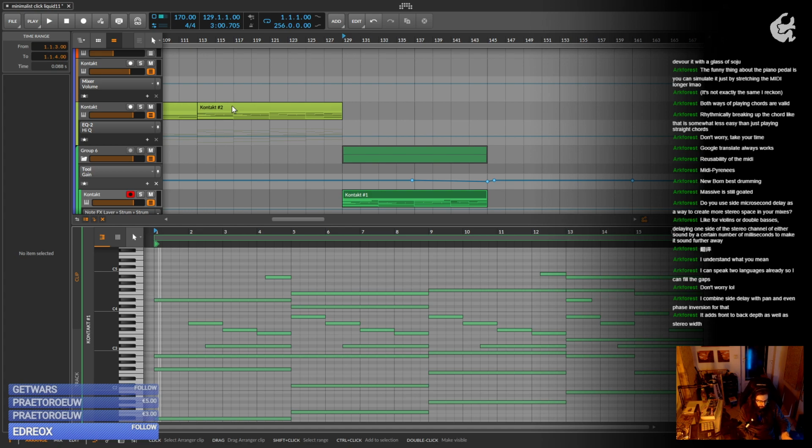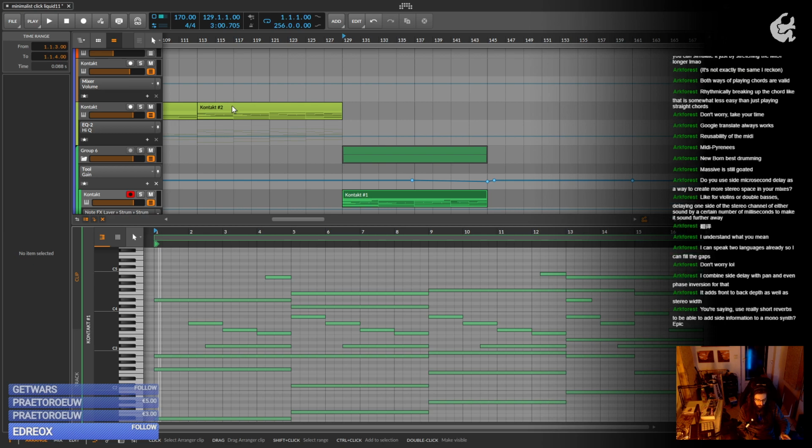I combine side delay with pan and even phase inversion for that. Be very aware of your phase correlation if you do so. When you play with inverting the polarity of something, phase cancellation can be really fun, especially, for example, when you do Reese basses and stuff like that. The core concept of a Reese bass is having this sort of cancellation. This is what is going to create the movement and stuff. But you can